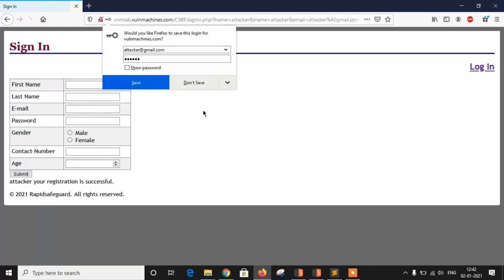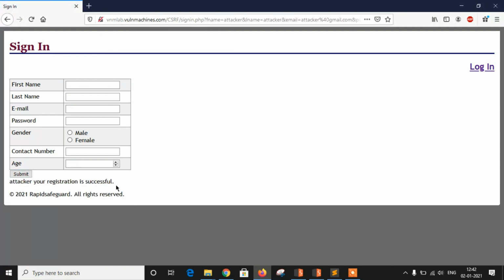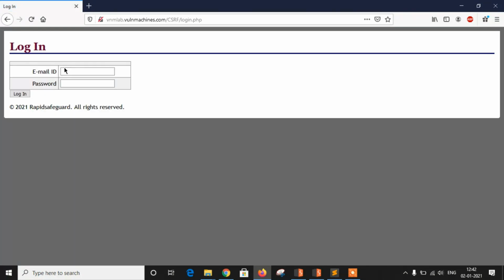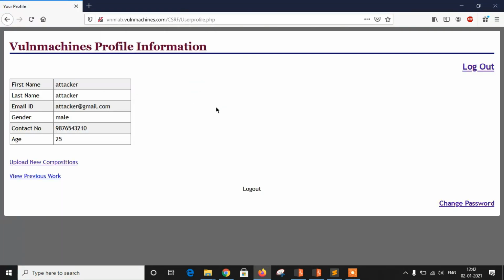In the same way, attacker registration is successful. Now let's log in with attacker at gmail.com, giving the username and password. So this is the attacker's profile.